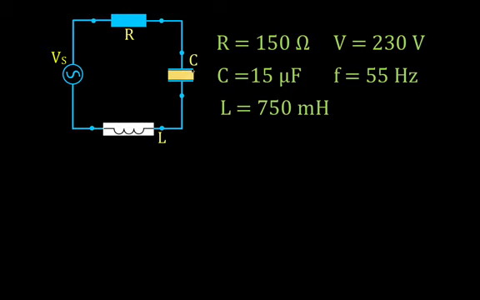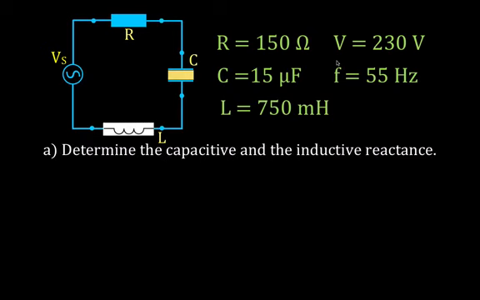We have a 150 ohm resistor. We have a capacitor that's a 15 microfarad capacitor. We have a 750 millihenry inductor. We have an AC voltage source, 230 volts, and that voltage source has a frequency of 55 hertz. Now, in 10 minutes or less, hopefully, we're going to determine the capacitive and the